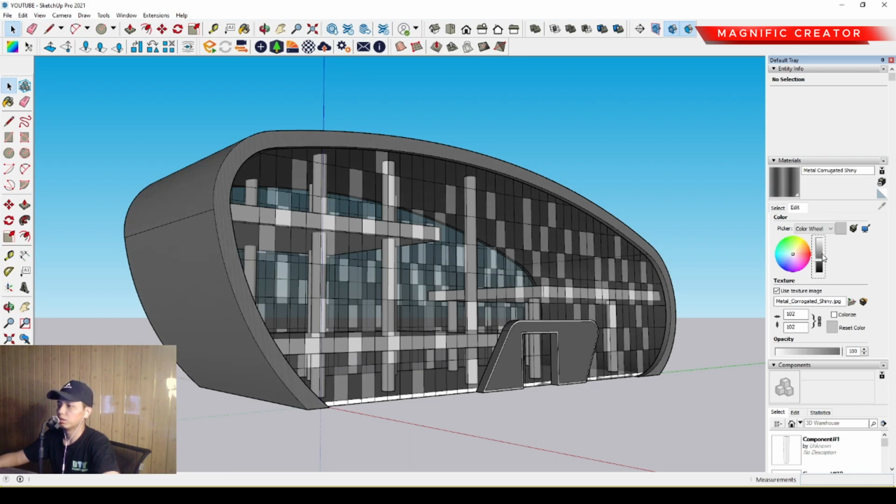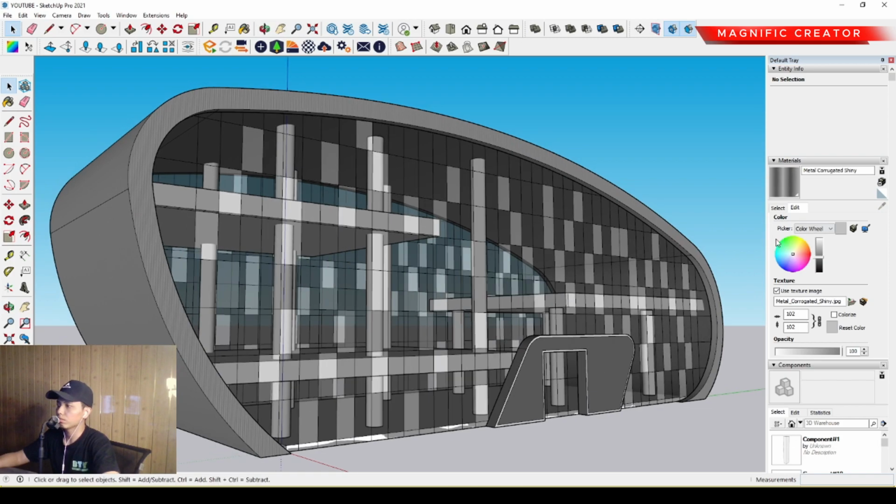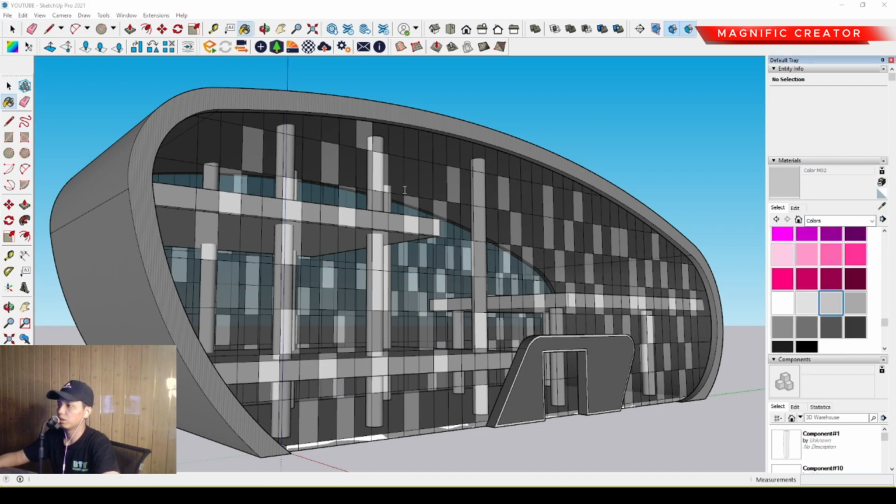We can set the darkness, and then we can also set the ceiling material. We can select the ceiling, or we can make a new material with